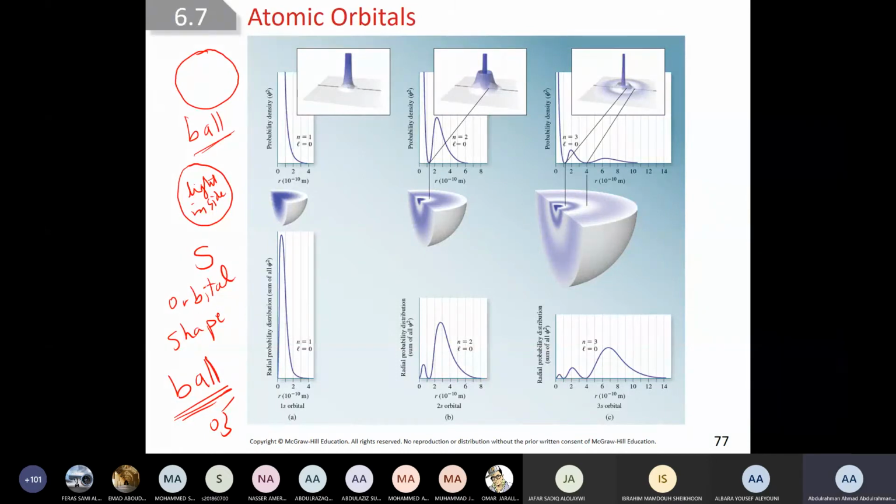All right, where is the electron? Is it here, or here, or here, or where? No, it's all inside the wall. It's exactly like putting light here. If you have light inside this ball, where is the light? Everywhere, all over the ball. So the electron is light inside this ball, and this is the shape of the